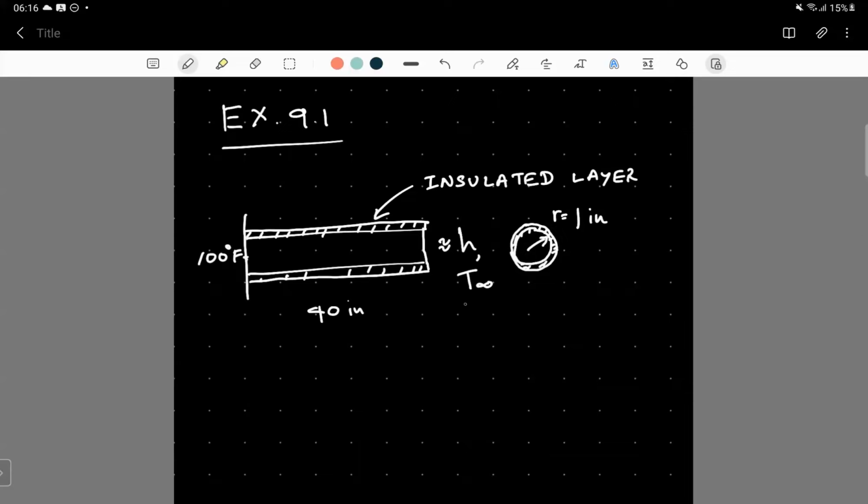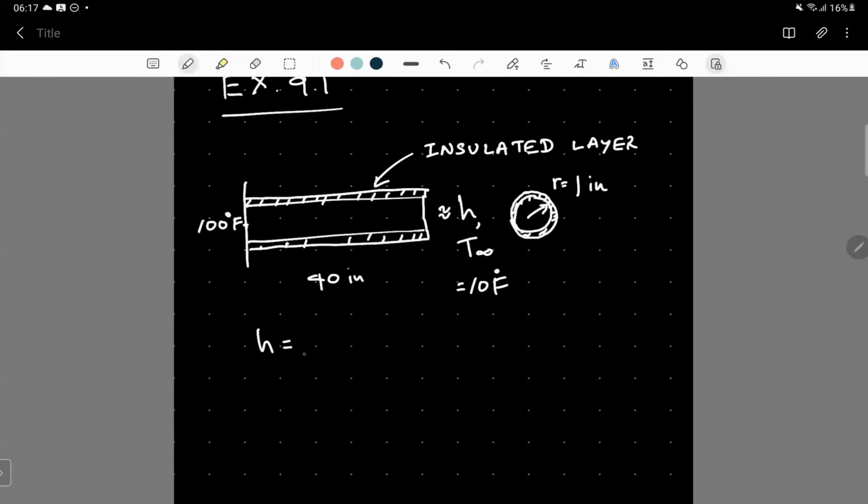We can call this T infinity, 10 Fahrenheit, which is open to the free stream or the environment. And let's assume the convective heat transfer coefficient h to be 10 British thermal units